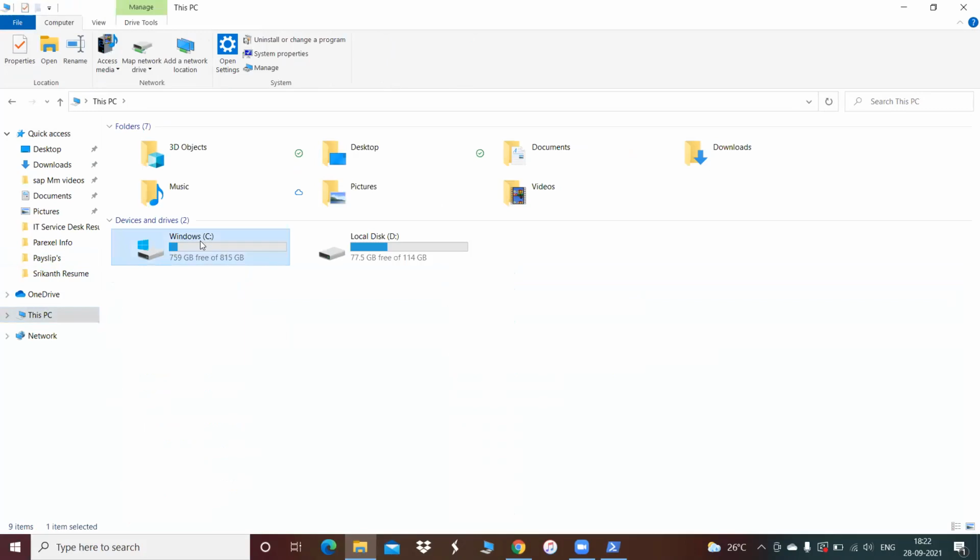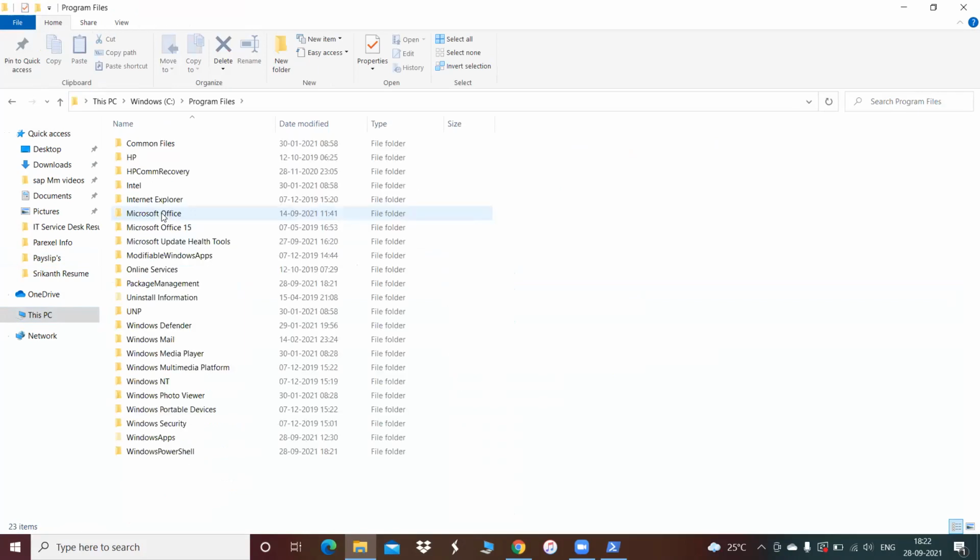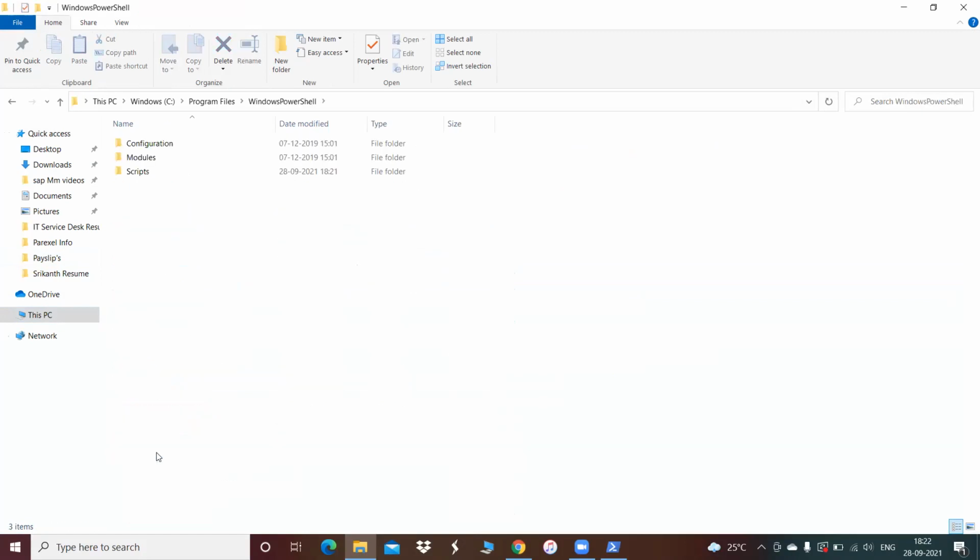Yeah, click on the C drive and go to the Windows Program Files. Yeah, Program Files, yes. And the last one, Windows PowerShell, you could see, right? Yeah, click on it. And the second option is Modules. Click on the Modules. Okay, so those modules, once they are installed, you'll be able to see them